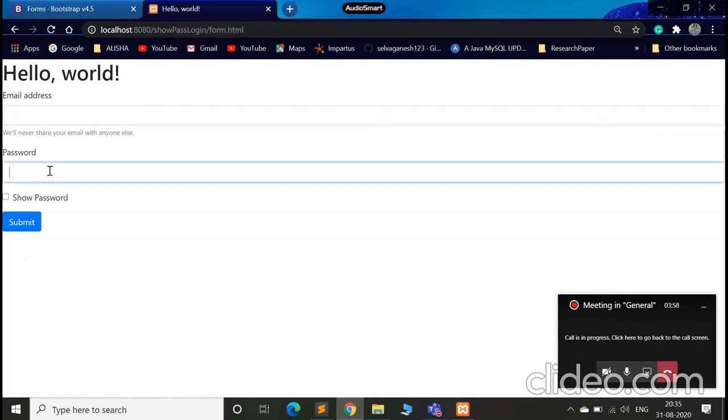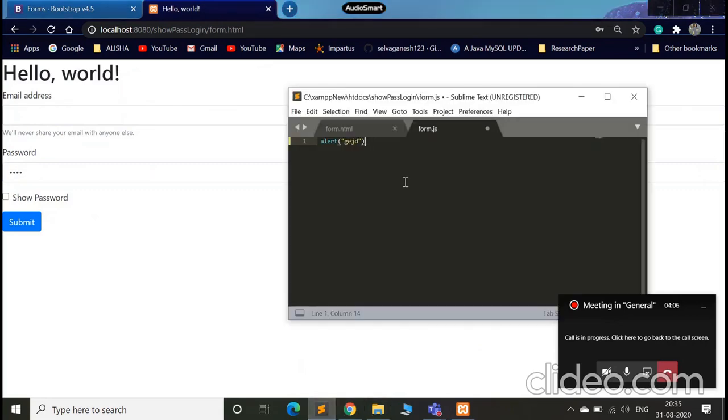Email, password. If I write any password right now, show password button will not work. So for that we will add here some code. So I am basically going to define the function my function. It does not take any parameter. I'll create a variable x which will store our password input area. So document.getElementById,